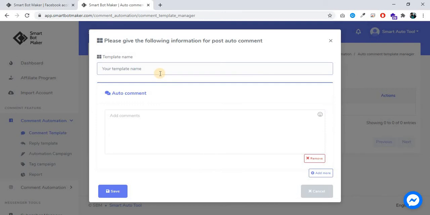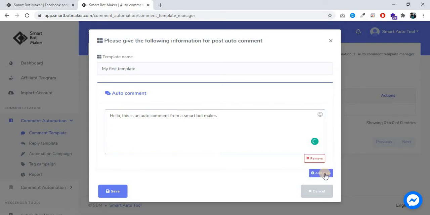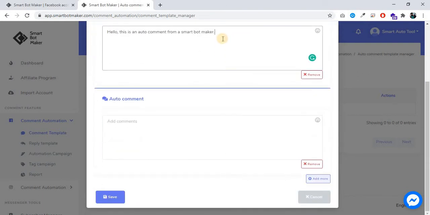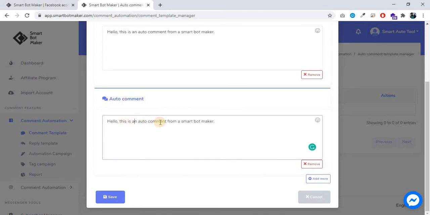Enter template name. You can remove, and if you want to add more, click on add more. Then click on save.